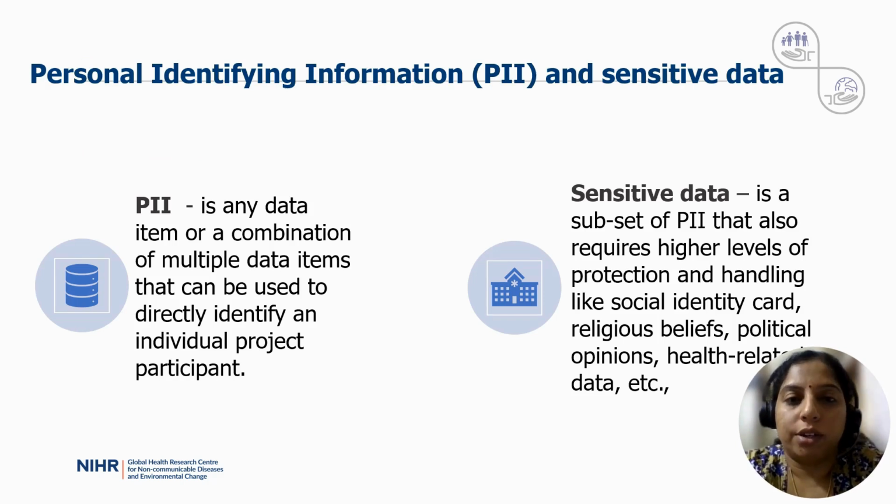Before we move to data security, we will understand what is personal identifying information and sensitive data. Personal identifying information is any data item or any variable or a combination of multiple variables that can be used to identify an individual project participant. For example, first name, last name, age, gender, date of birth, address, or sometimes we do collect GPS coordinates. All these variables are called personal identifying information, with which we can identify to which participant